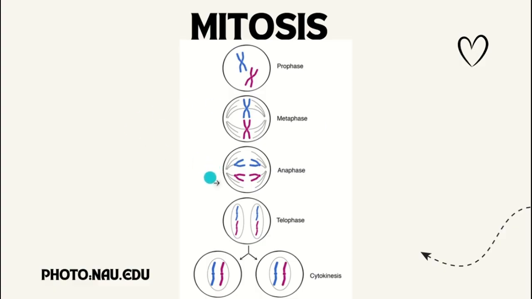As we move down to anaphase, by the way, a way to remember: prophase, pro means before. So before, as you can see, the chromosomes have become condensed. And then metaphase is from middle, they line up in the middle. Anaphase means away. So in this stage, these